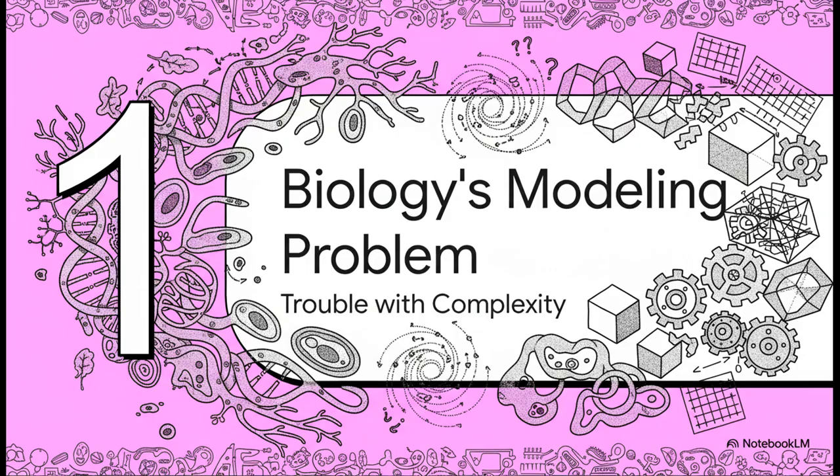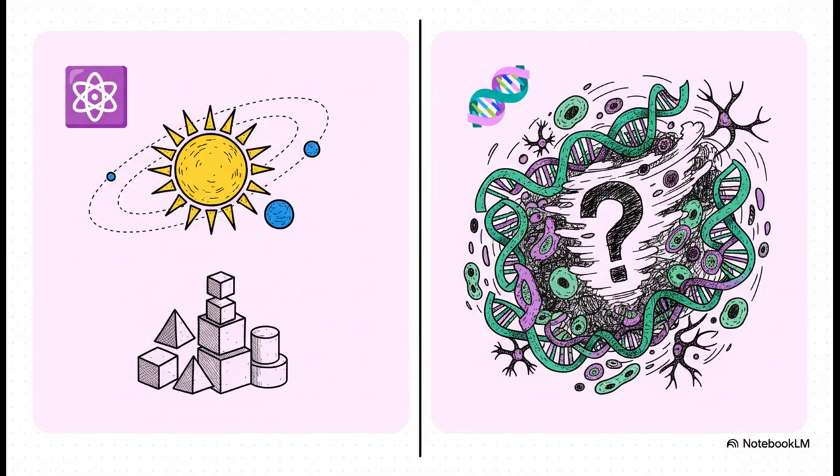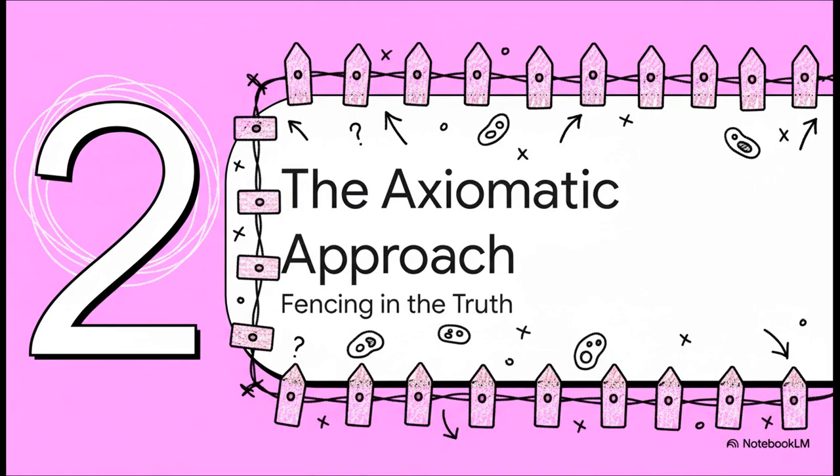The first thing you've got to get your head around is why biology is just so uniquely tricky to pin down with math. And you can really see the contrast here. On one side, you've got physics. It's built on what they call first principles. These are fundamental, rock-solid laws like gravity. The equations are clean, they're predictable. But then you have biology. It's this swirling storm of complexity, where the deep-down rules are often a total mystery. And because of that, trying to build one single mathematical model can feel like you're just, well, taking a wild guess. So, how in the world do scientists navigate all that uncertainty?